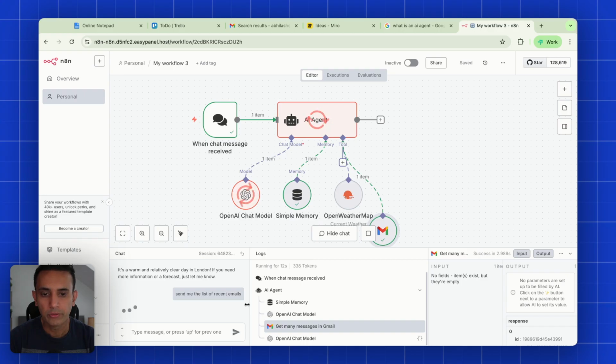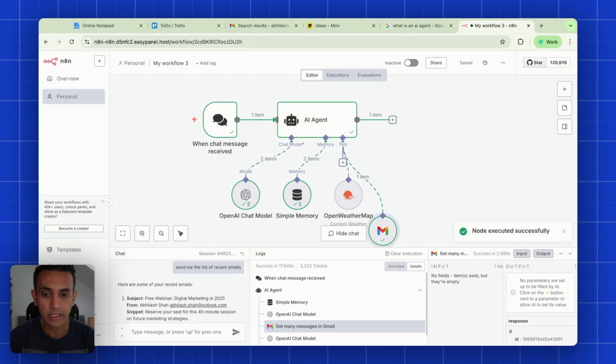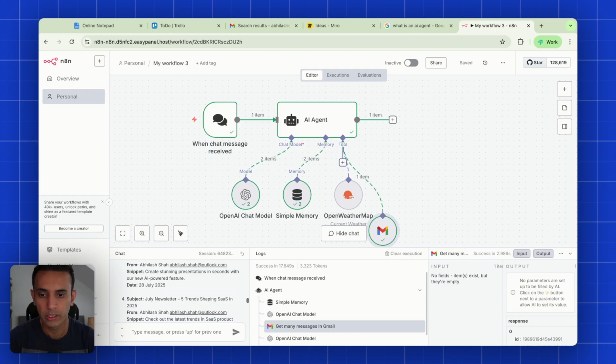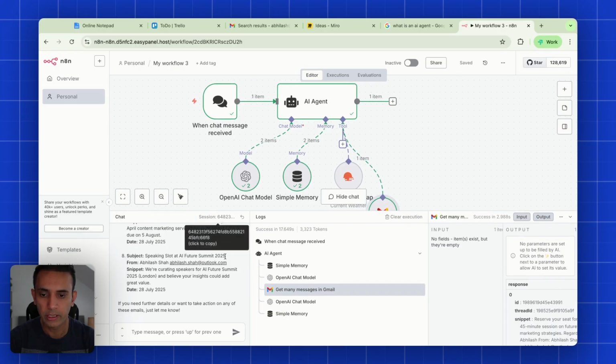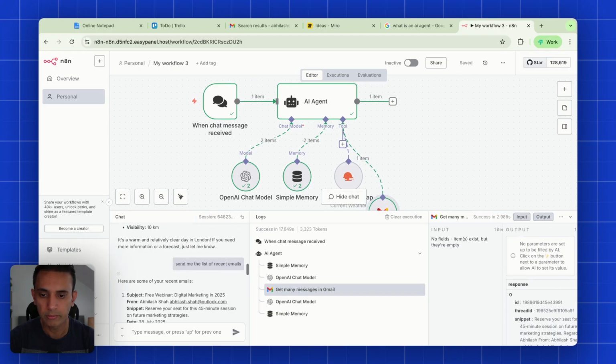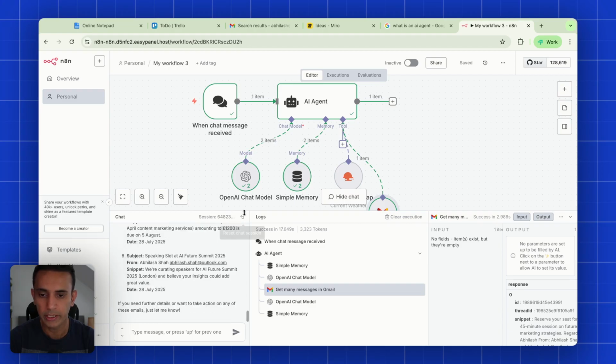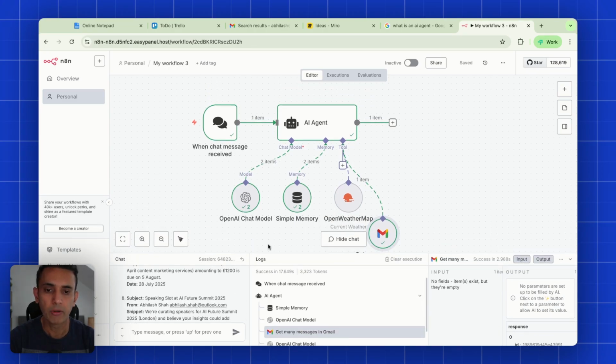Okay. Now, mind you, we haven't added any prompt to the AI agent, which means it's still just getting all the details by itself, managing to look into and decide for itself what it wants to get. So this is a nice little list of all the emails that I've got, and because it's only filtering from my personal email address, as you can see, it's only getting those emails, right? Now let's move on to